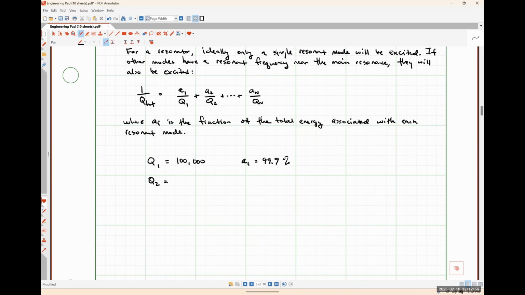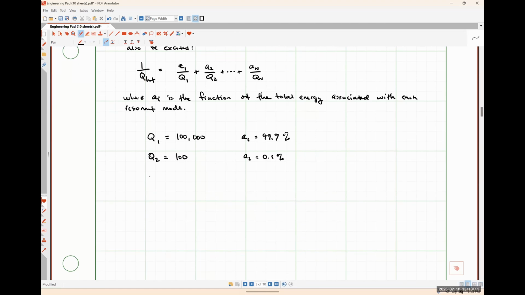And we had a second vibrational mode whose quality factor is 100 and only 0.1% of the total vibrational energy is associated with that mode, then our total quality factor for this guy would actually be 0.999 over 100,000